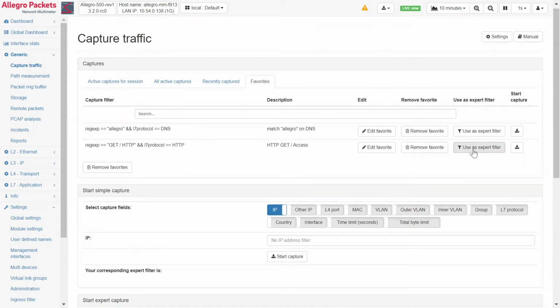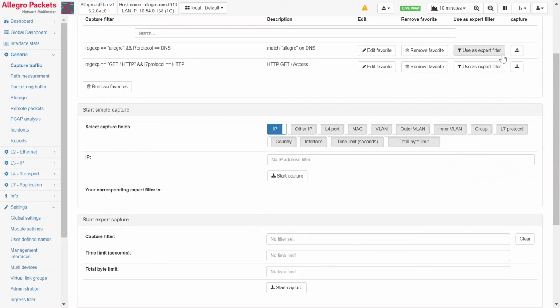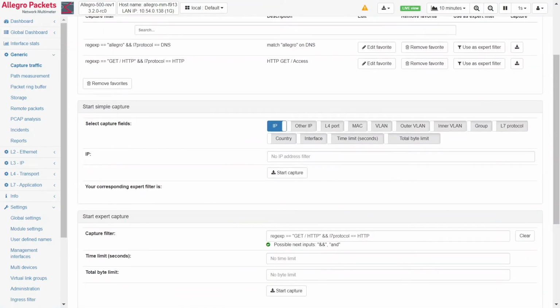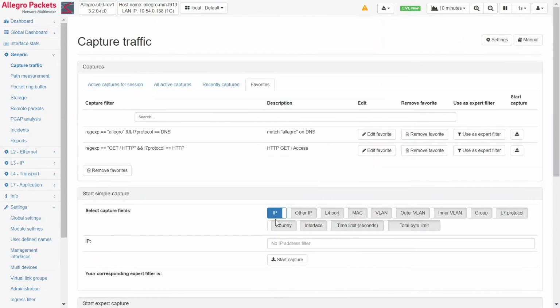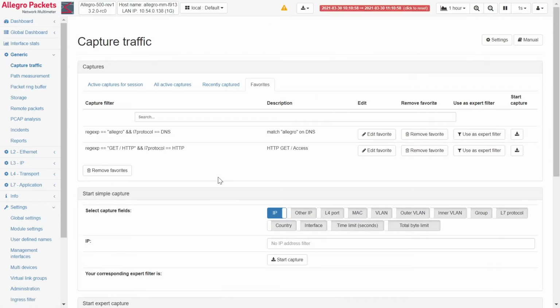But also, for example, let's take this request. Wait, we have to clear that first and then use that. So when we use this request, which is the regex GET / HTTP on HTTP, we could use that, for example, also back in time.